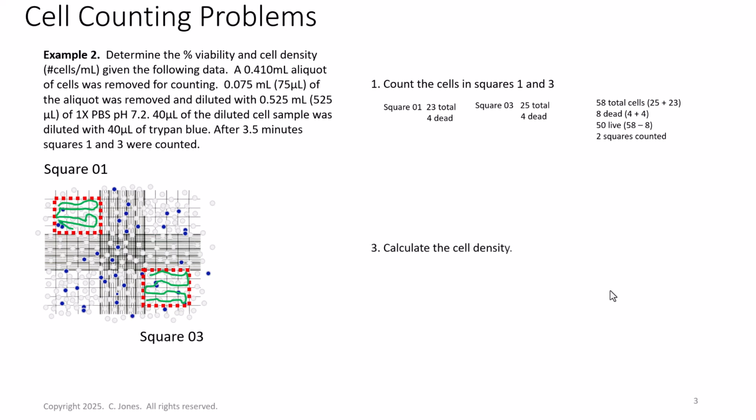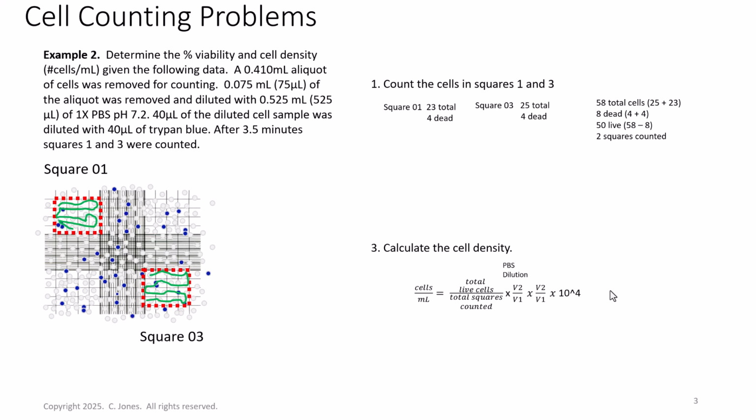And then let's calculate the cell density. Okay, so again, we're going to just write the equation that we use to calculate the cell density. Total live cells over total squares counted times our dilution factors times the hemocytometer correction factor, 10 to the power of 4. Right, and so we have the PBS dilution, and here I'm not going to write them out, but